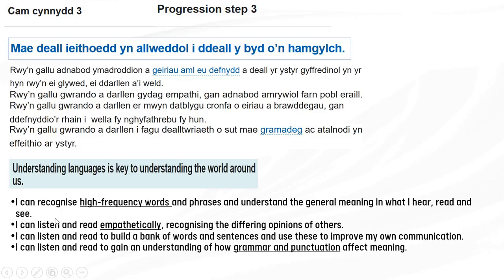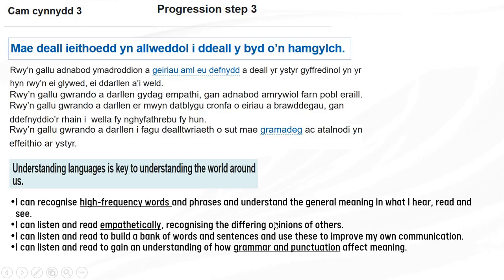There's also then now, rather than just hearing in progression step 2, they now at progression step 3 need the chance to read. So listen and read, we see there 3 times, so that they are building this bank of words, these high frequency words, that they can then put together in their own sentences. So for example, if they were learning opinions, which we'll see on the next slide, and they learn opinions like I like, I don't like, I love, I hate with foods, then in the next topic they learnt it with sports, something like that. They've got that bank of words, they're recycling high frequency words they can use again to